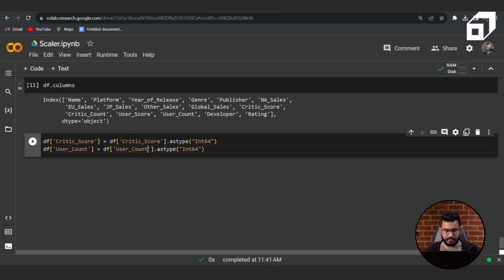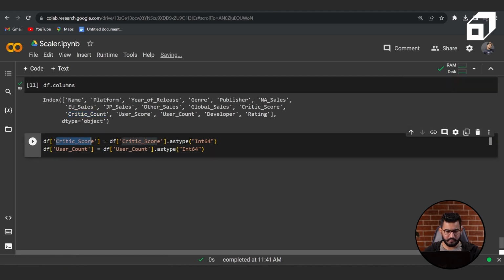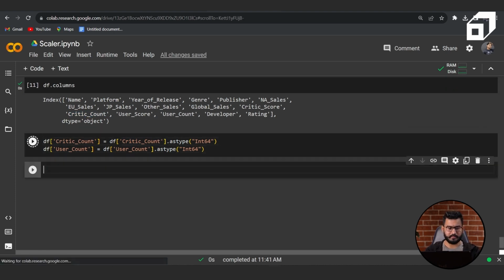I have made a mistake. I should be selecting critic count, not the critic score. So let's do that, and now we can execute both of them together. If I look back at the head of the data,